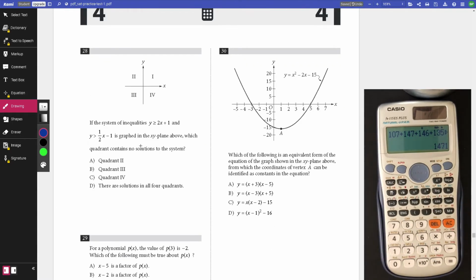So a system is graphed, which quadrant does not contain a solution? We'll just graph it. So we have 2x plus 1, so it's like something like this. And then we have minus 1 here, it's 1/2. Slope is 1/2, so it's just like this. And then